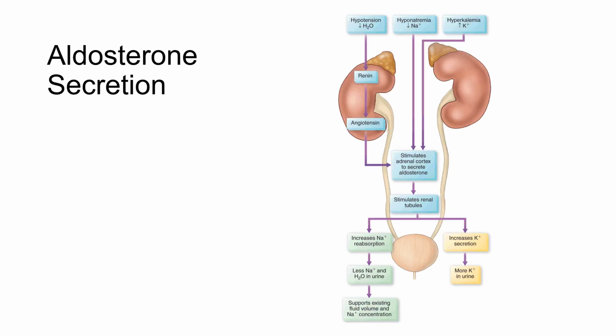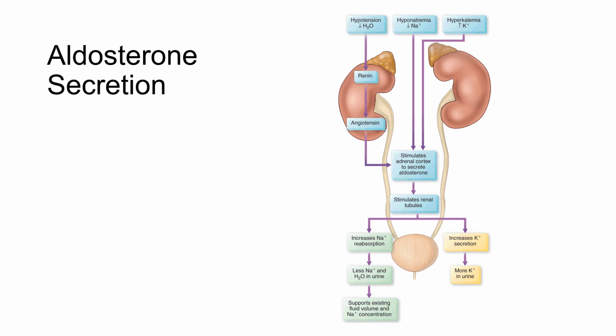Then we have aldosterone secretion. So this is another hormone. This hormone is secreted by our adrenal glands, and you can see in this picture here, those two little blobs like little hats on the kidneys. This is triggered by a change in blood pressure. So if a patient is experiencing hypotension, so low blood pressure,